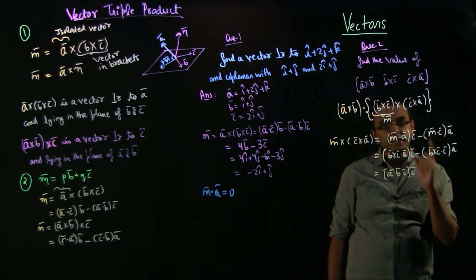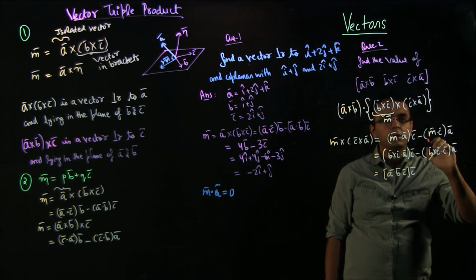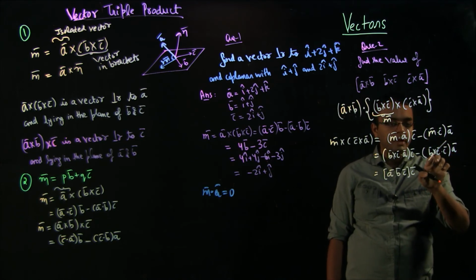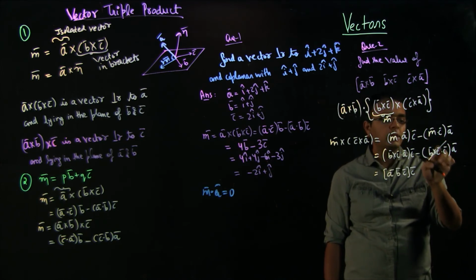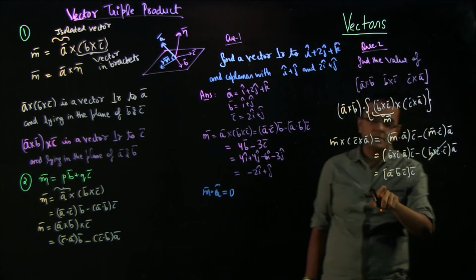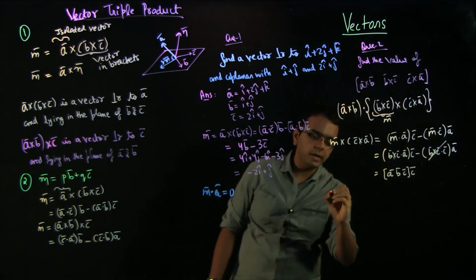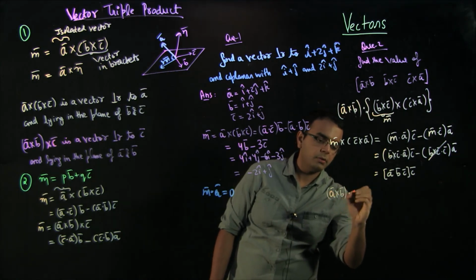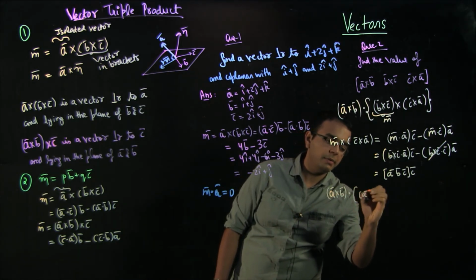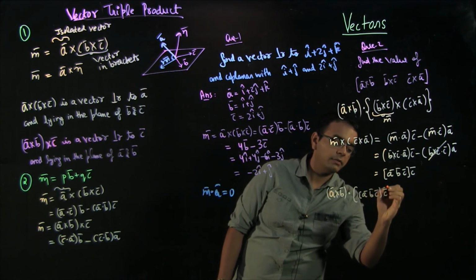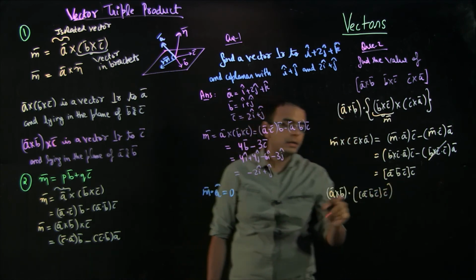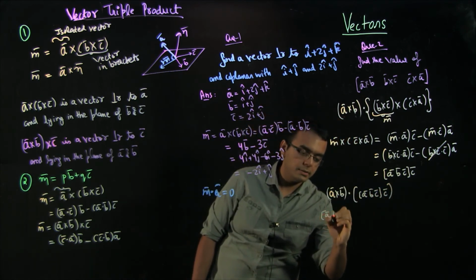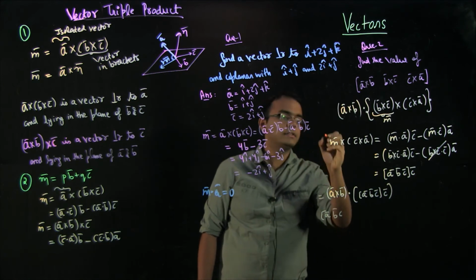If the same vector comes in a scalar triple product, you can directly write it as 0, because I can change cross and dot, so C cross C will be 0. So this is ABC into C. What I now need to find is A cross B dotted with the scalar ABC into C vector, and this is an intermediate step.